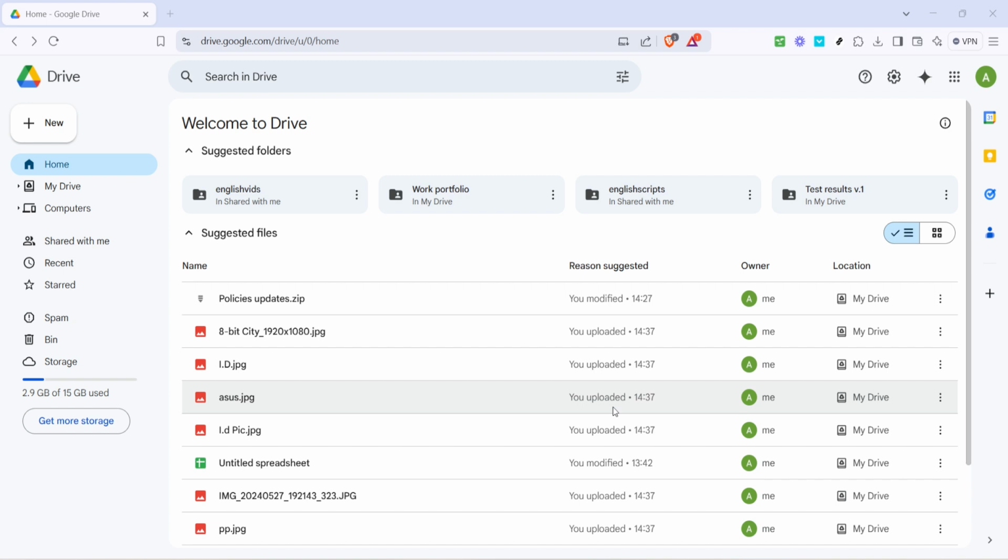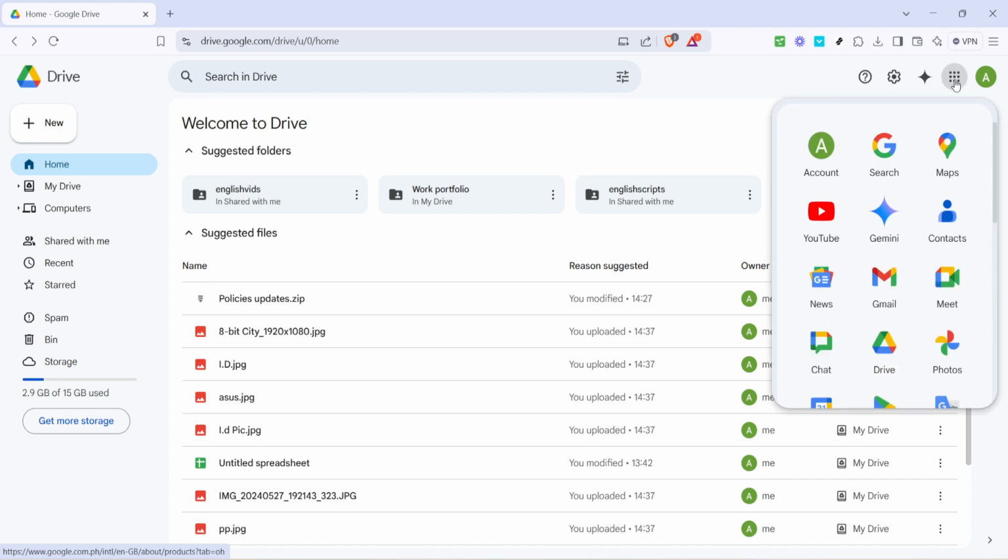Once you're logged into your Google Drive, take a moment to look for the grid icon. This icon is typically located in the upper right corner of your screen. It resembles a small bunch of dots arranged in a square grid, indicating it's part of the app launcher. Give it a click. This action opens up a menu that showcases a variety of Google services that are linked